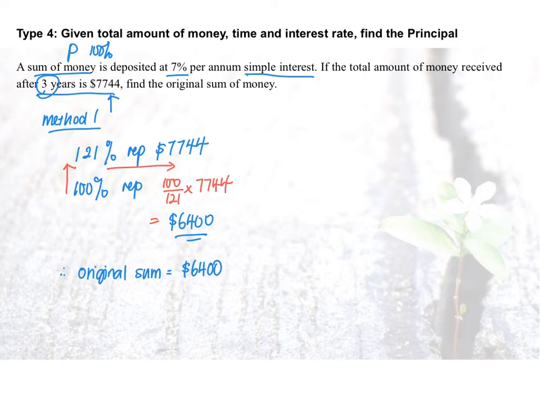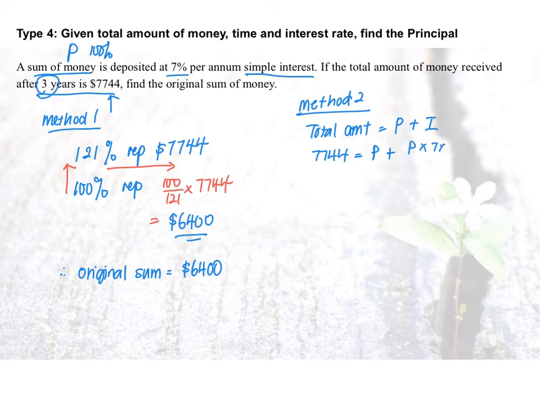For method 2, we are going to use a little bit of algebra. Most of you may not want to use this method. So now they gave me that this number 7744 is actually my total amount. Total amount is equals to having the principal plus your interest. So the total amount is now 7744. But the principal I do not know. And the interest in this case that I get is